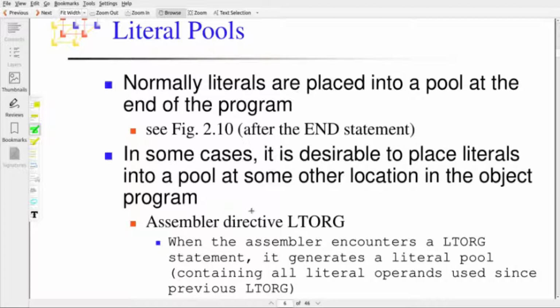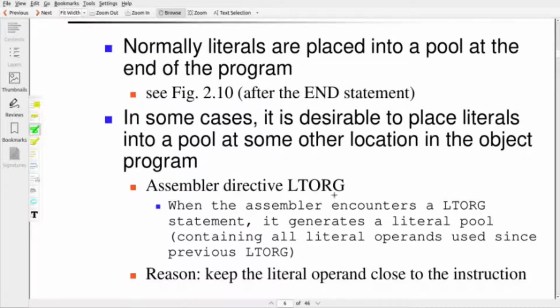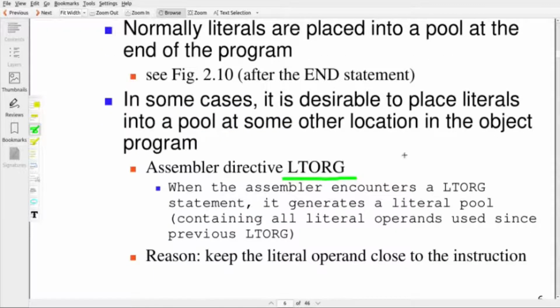In some situations, placing all the literals at the end of the assembly level program is not good practice. So what we will do is place a set of literals at some other location in the program. We can do that with the help of LTORG. LTORG is an assembler directive which helps you place the literals in some other location in the object program.